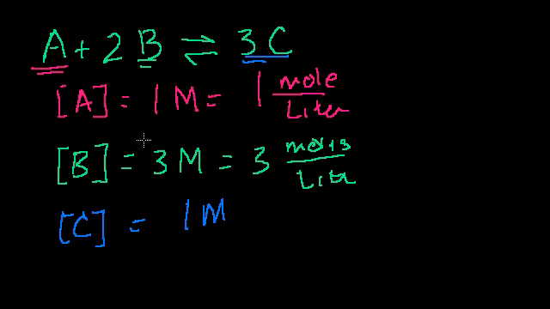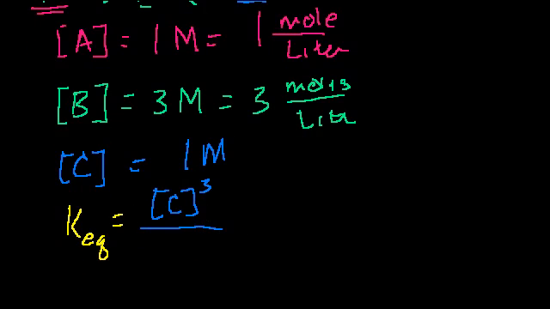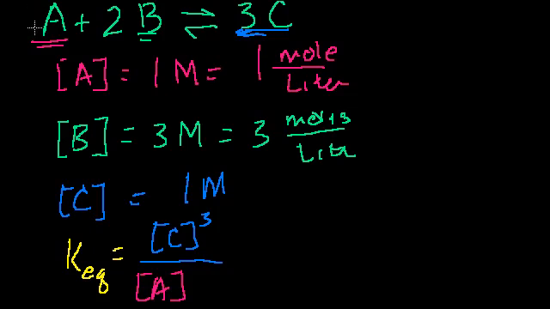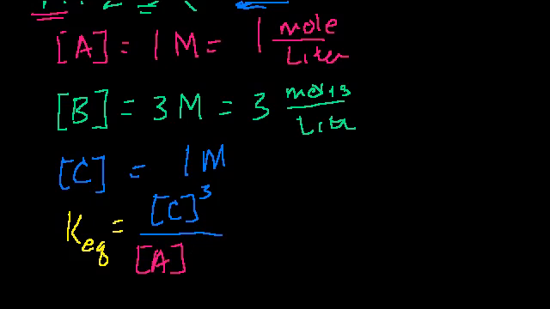So if we wanted to calculate the equilibrium constant for this reaction, the equilibrium constant is equal to the concentration of C to the third power, divided by the concentration of A to the first power, because there's only 1 mole of A for every 3 of C and 2 of B, times the concentration of B to the